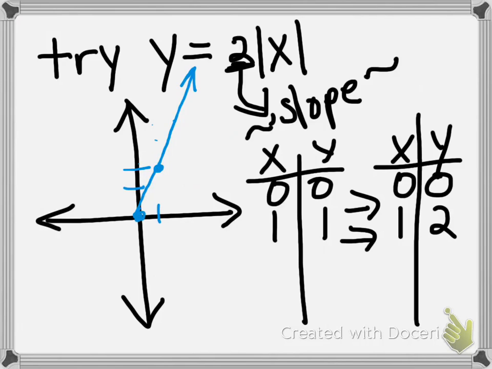Now, because absolute value functions have symmetry, I can actually come directly across from that point and draw this part of the V. And you can see that I still have an absolute value V, but the slope is 2, and so it's a skinnier V. Now, if my slope were, say, 1/2,